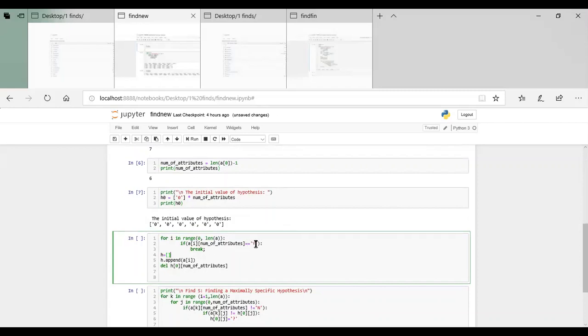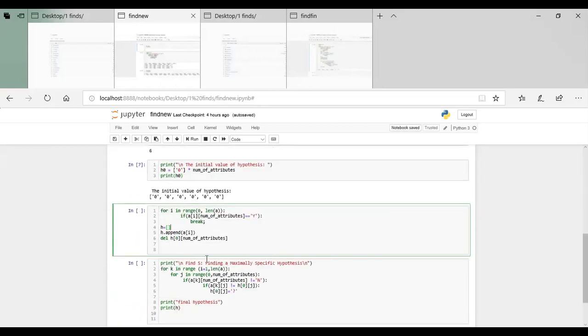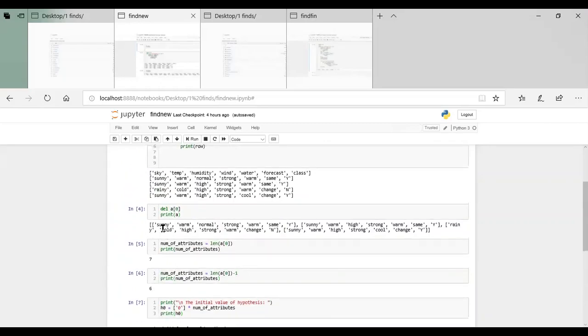If it is an example with the positive class, then we assign the values of the first training instance to the initial hypothesis h. So h is replaced with sunny, warm, normal, strong, warm, same, because the first training instance has the positive class. Next, the remaining training examples are compared against the first hypothesis.